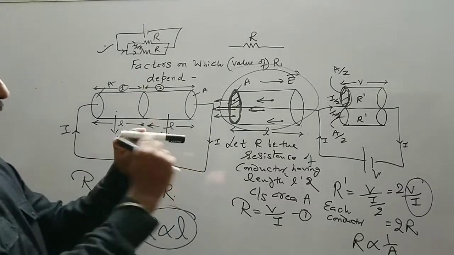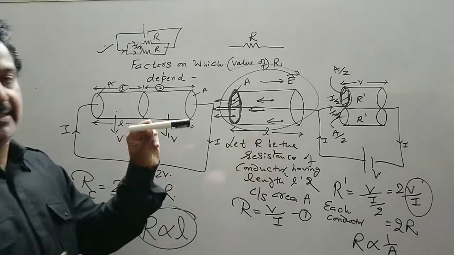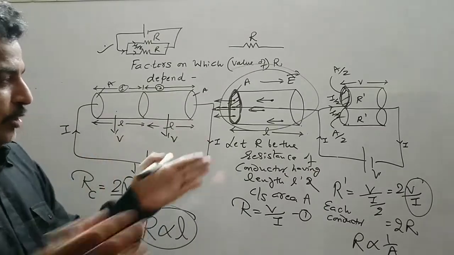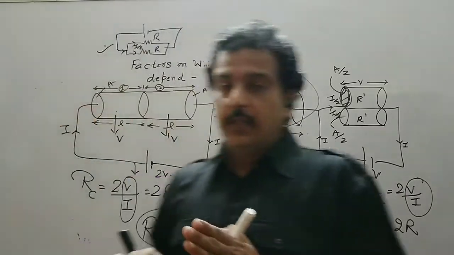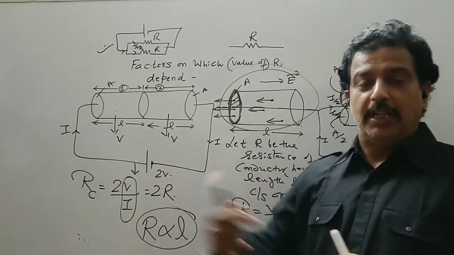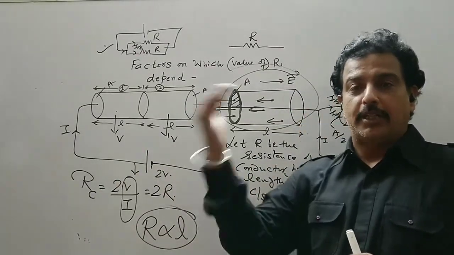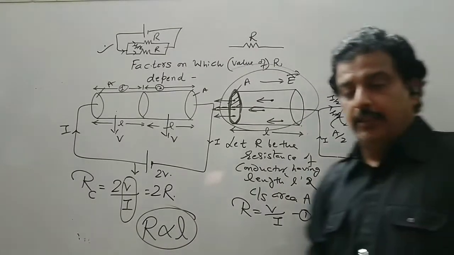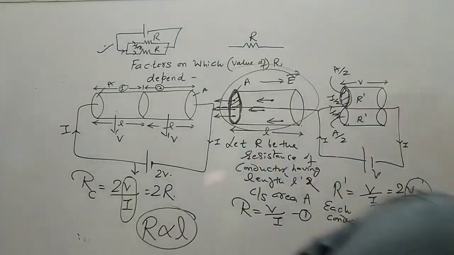Now this cross section is cut along its axis. So this cross section becomes half. Clearly, if the cross section becomes narrow, the electron will find more difficulty to flow freely or coming out from the cross section. So the resistance is double. So half is the area, resistance is double. So this is the situation.